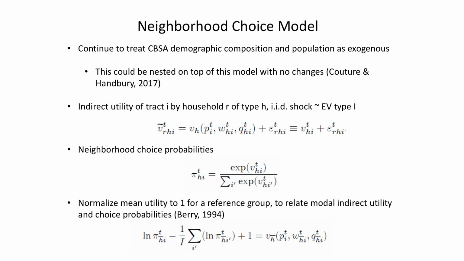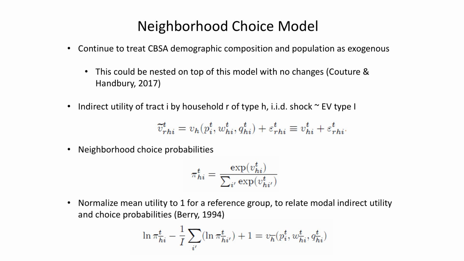Okay, and so we can think of an indirect utility of living in neighborhood I, or census tract I, by group H, household R of group H, as some component that depends on house price, wage net of commuting cost, and amenities, and then some error. If that's extreme value type 1, then we can write it as the probability of choosing a neighborhood is this,